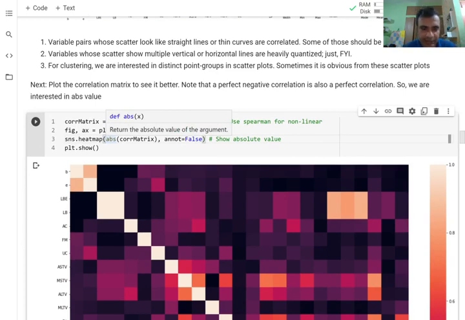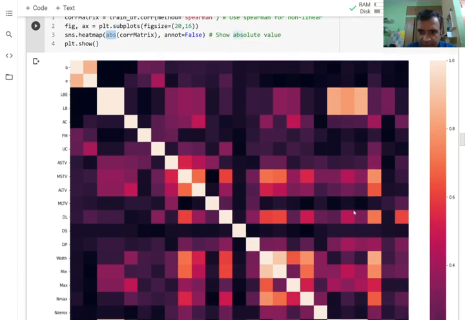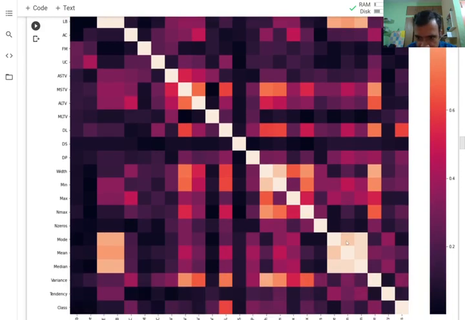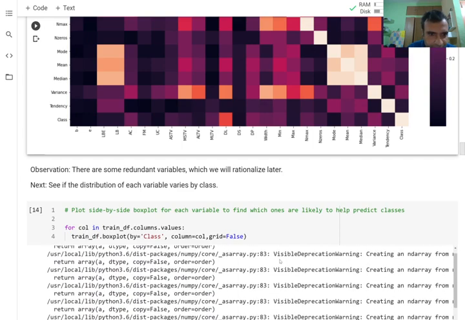That means there is data redundancy. You have some variable x and minus x of the same variable. So I'm interested in the absolute value of correlation, so I'm plotting the heat map of absolute values. Remember, where we had perfect straight lines, we will get these high white values for perfect correlation. Where there is no correlation, we will get black in the heat map. So these white areas mean that one of these two variables I can drop. Here two of the three variables I can drop in this block. Sometimes the blocks appear off diagonal also. We'll come to that in a bit, how to drop.